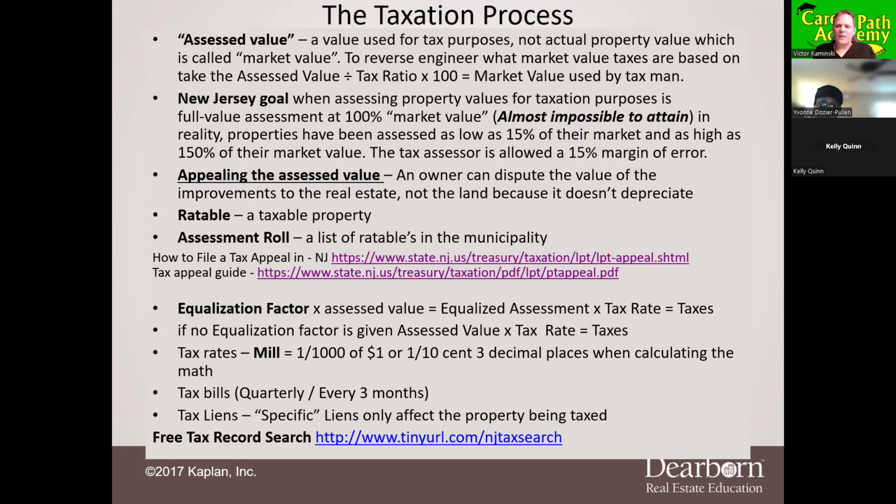Whoever charges the property owner the least amount of interest will win that auction. Now, they don't get the property. The winner at the auction does not get the property. They just get a certificate that says you pay the taxes. This person owes you this money back plus interest by this date. Otherwise, you could use that certificate to foreclose on them.